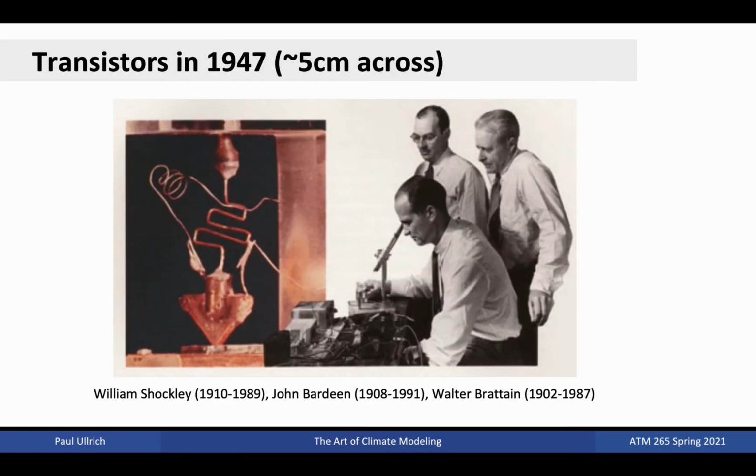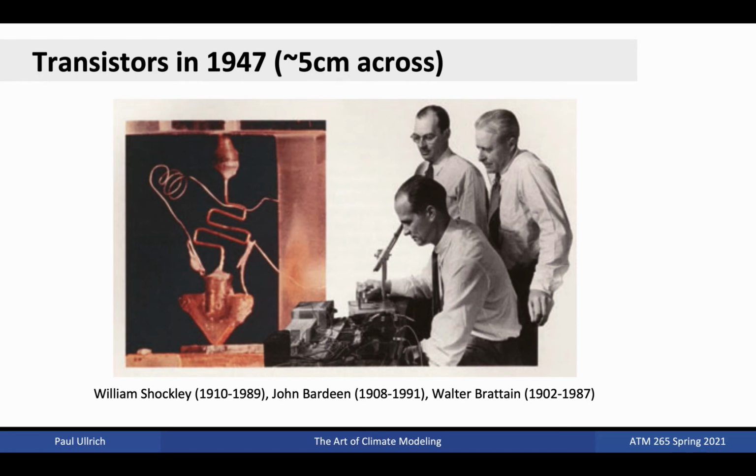The first transistors from 1947 were around 5 centimeters across. Here we see a shot of the first point contact transistor under examination by its inventors, American physicists John Bardeen and Walter Brattain, while working under William Shockley at Bell Labs. Transistors are fundamental building blocks of all modern electronics and are considered by some to be the greatest invention of